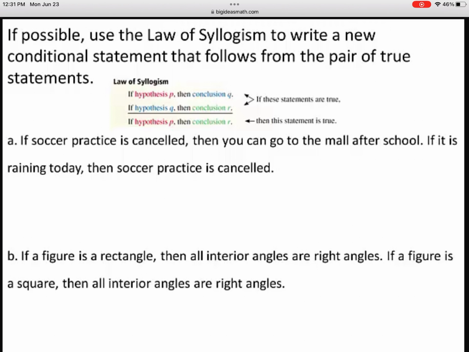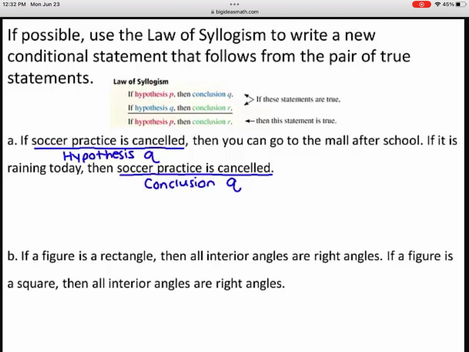In the pair of statements in Part A, notice that the conclusion of the second statement is the hypothesis of the first statement, and you are told in this problem that both of these statements are true. The order in which the statements are given does not affect whether you can use the law of syllogism. So, you can use the law of syllogism to write a new conditional statement that follows from this pair of